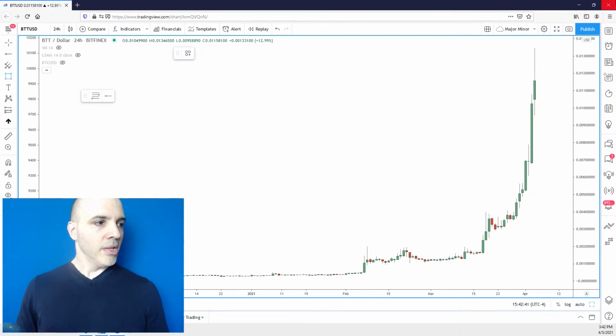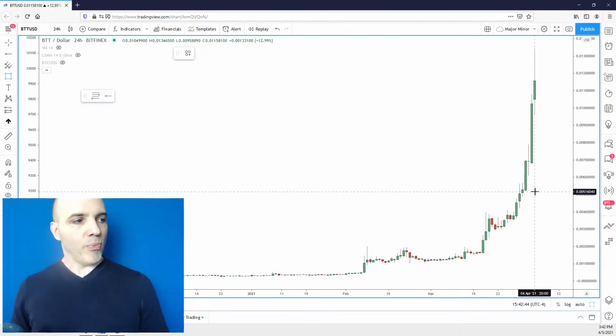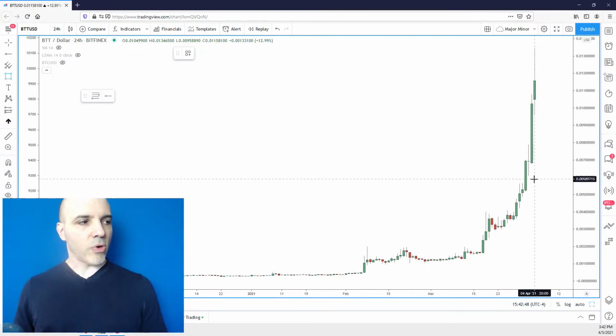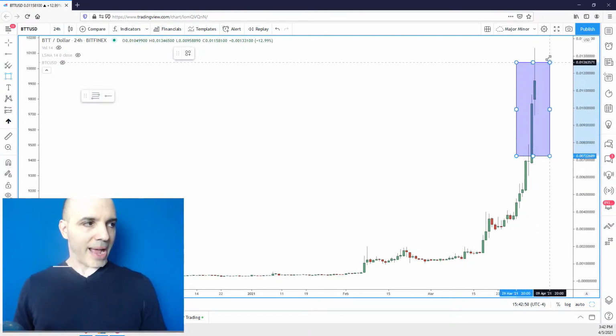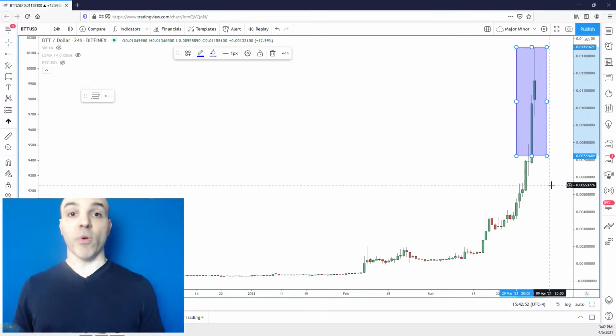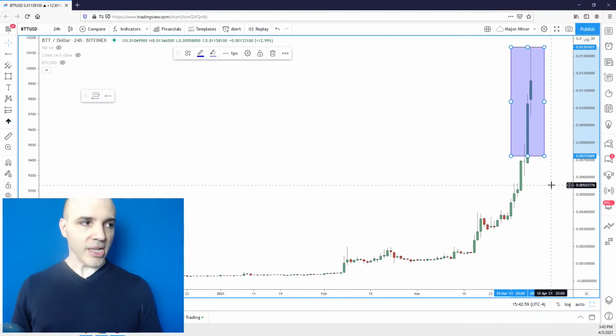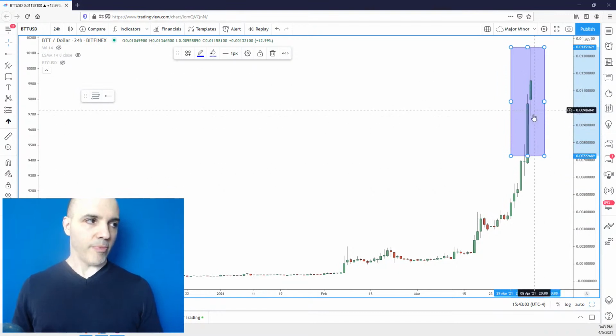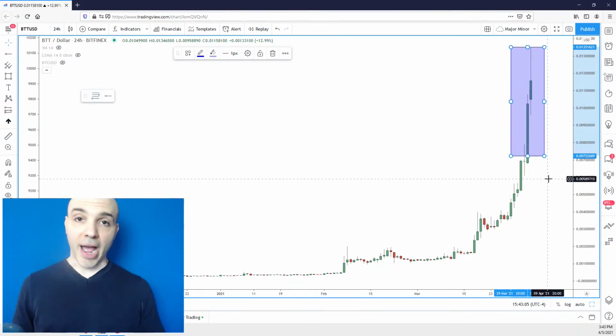Okay, here you go. So, man, where has this one been, right? I mean, a lot of other coins have done this recently. Like back in February, they were all doing this, right? Many of you who follow me for a while, you know what I'm going to say about this. Herd mentality. Can't touch this right now. Can't go anywhere near this because you could be buying near the peak. Why would you do that, right? I'm sure there's a lot of hype on it and people are saying you're going to be the next millionaire on BTT. You know how that goes.